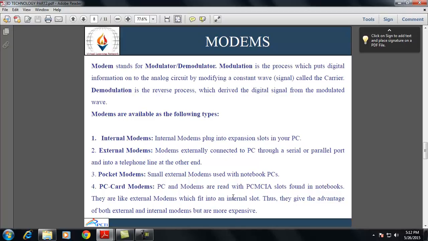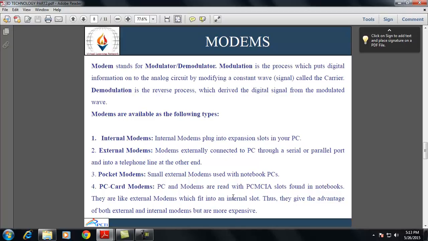Next is modem. Modem stands for modulator and demodulator. Modulation is a process in which digital information is converted into analog information by modifying a constant wave called a carrier, and demodulation is the reverse process which derives the digital signal from the modulated wave.